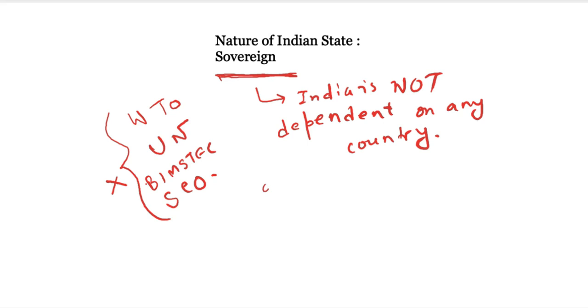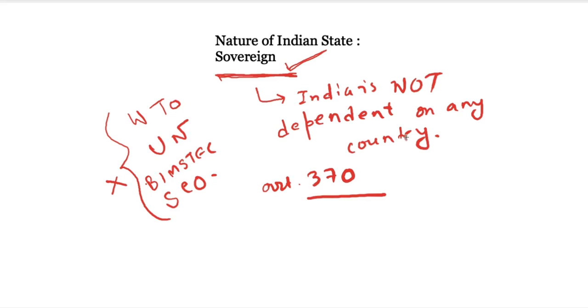You have seen recently Article 370. It was a subject of informal discussion at the UN. India had repeatedly said that no country has the authority to interfere in its affairs, and no country has been able to do that. So it is sovereign, the most desirable characteristic of any state.